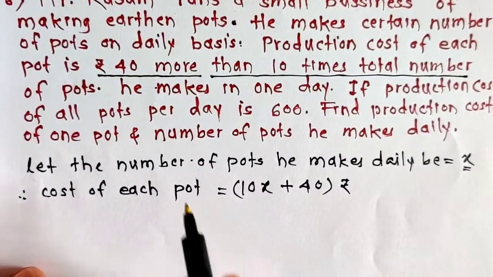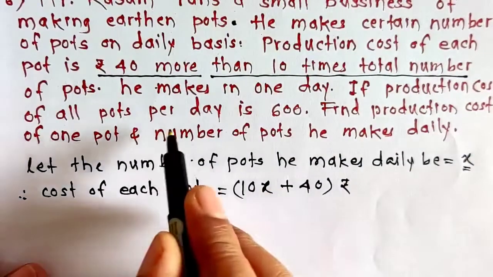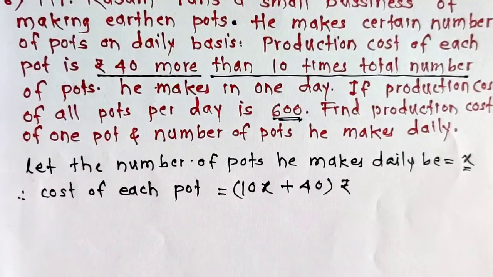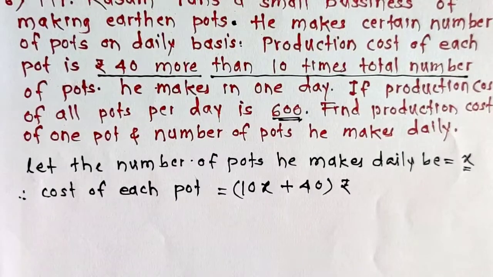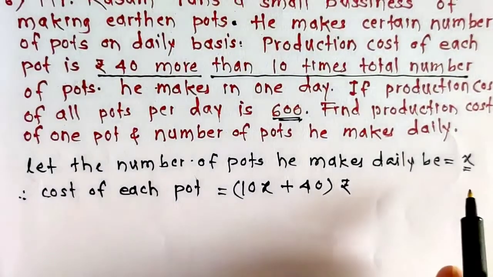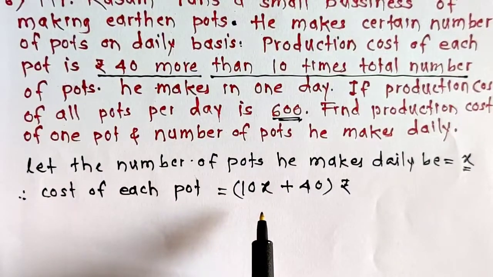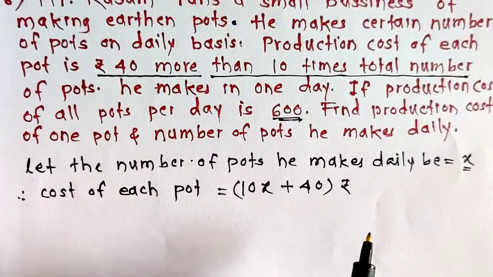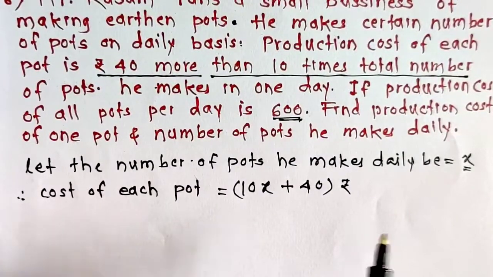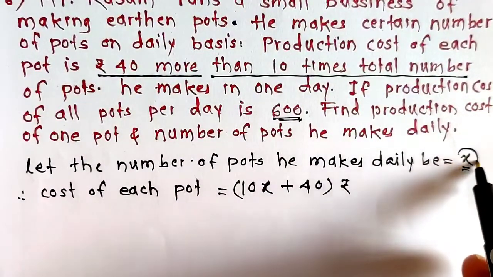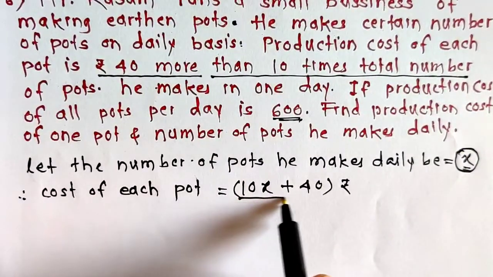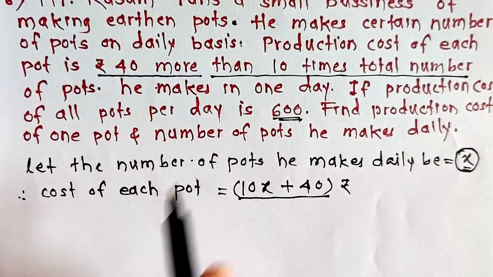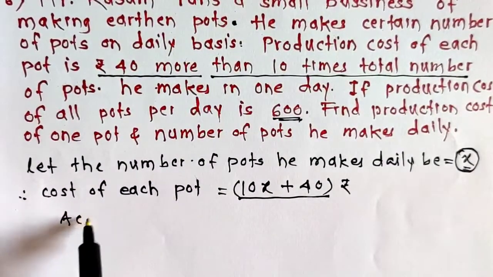Now next part. If production cost of all pots per day is 600, means per day he requires 600 rupees. That means how will we find the total cost? Number of pots multiplied by cost of one pot. It is similar to, suppose the chocolate Cadbury is of 10 rupees. If we buy 5 Cadburys, then 5 multiplied by the cost of one chocolate, that is 10. We have to pay 50 rupees. Similarly here, number of pots, he makes x pots and the cost of one pot is this one. So this product is equal to 600, and therefore according to the given condition,